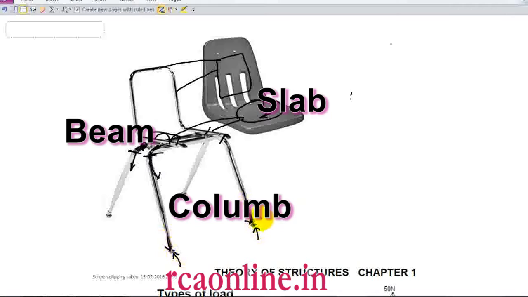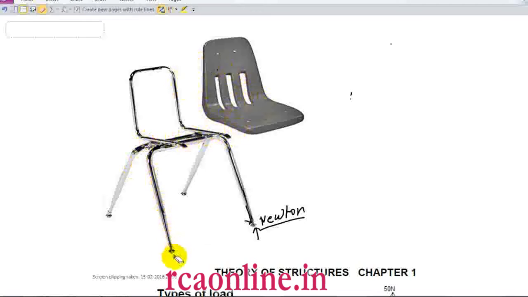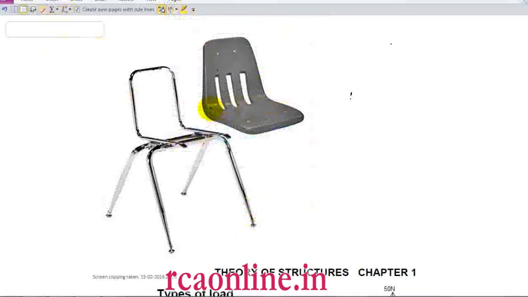So there is Newton's third law, which is applicable everywhere. So when the seat is applied a load downward, this gives the reaction upward and takes the load at the same time. Now, if you see the load, then in RCC we will discuss this in detail, but a small part I will discuss here, which is the yield line theory. So how is the load transmitted? The load is transmitted in this fashion.